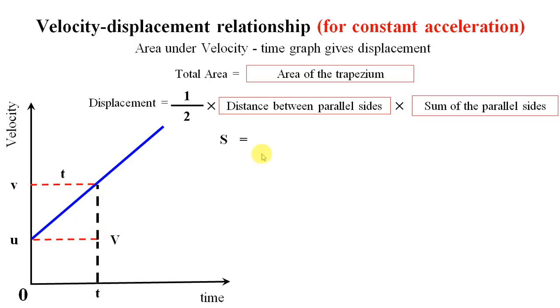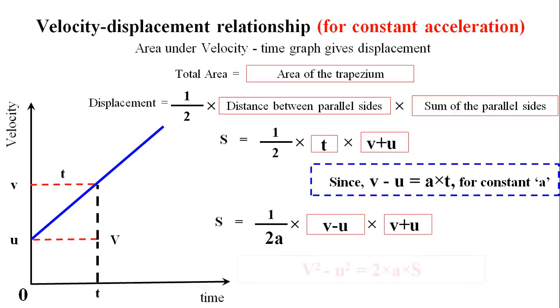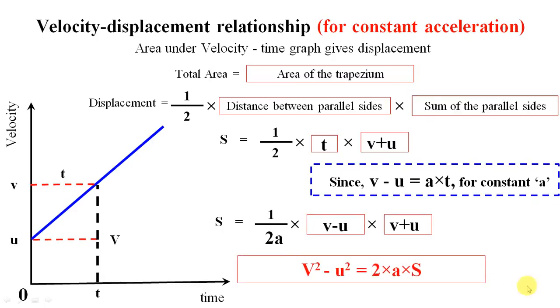That gives you displacement is half times distance between the parallel sides multiplied by sum of the parallel sides. Again, using the very first relation, for simplification we would get the final velocity displacement relationship as follows: v squared minus u squared is